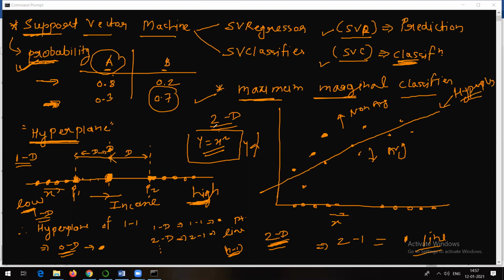So here I have given you a simple example. This is just an example, okay? In reality, this is not going to happen. Y is equal to x square is not going to happen. Instead of these, support vector machine is going to make use of some ready-made functions. And which ready-made functions those are, we are going to discuss.